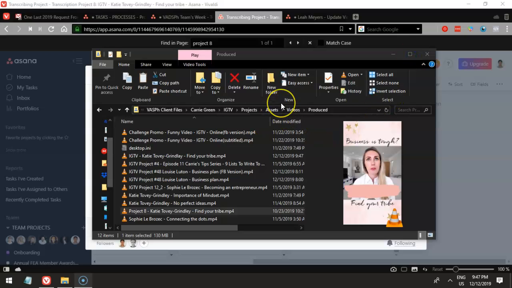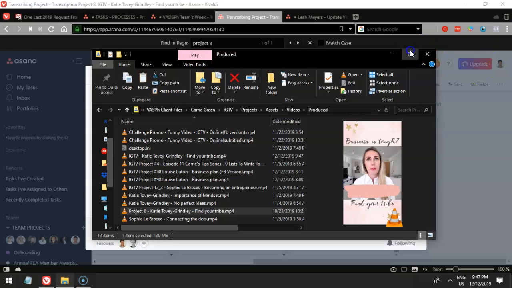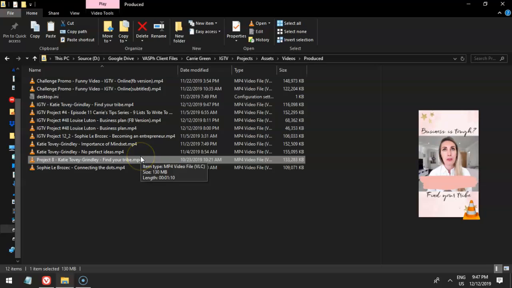Okay, so this is how you export things, or how you do the FB version. So this is the process of it. So ang inyong i-mind is basically katong na-export na ninyo kwan IGTV, mo na to inyong gamiton for the FB version. Okay, so for example, in this example, I'm gonna